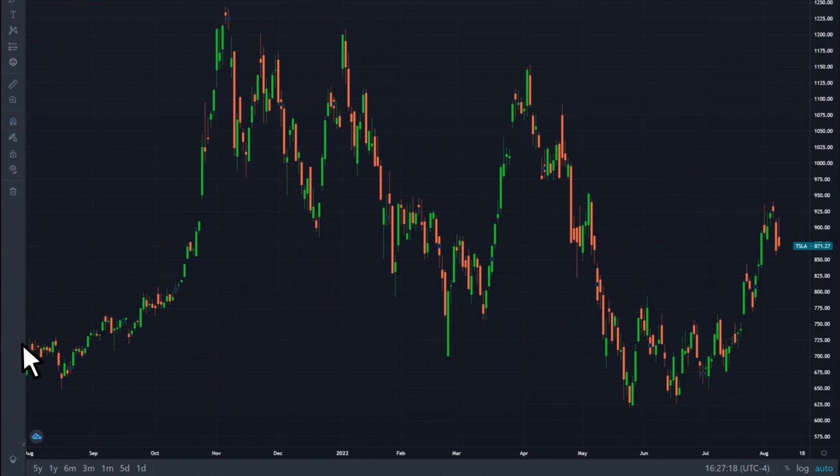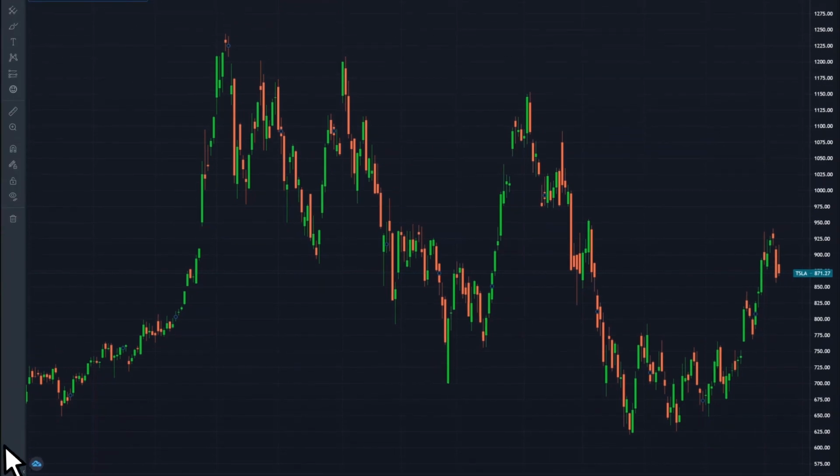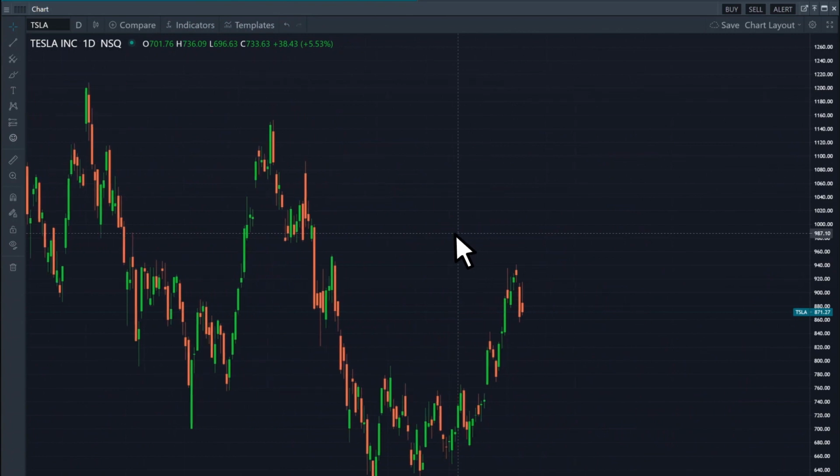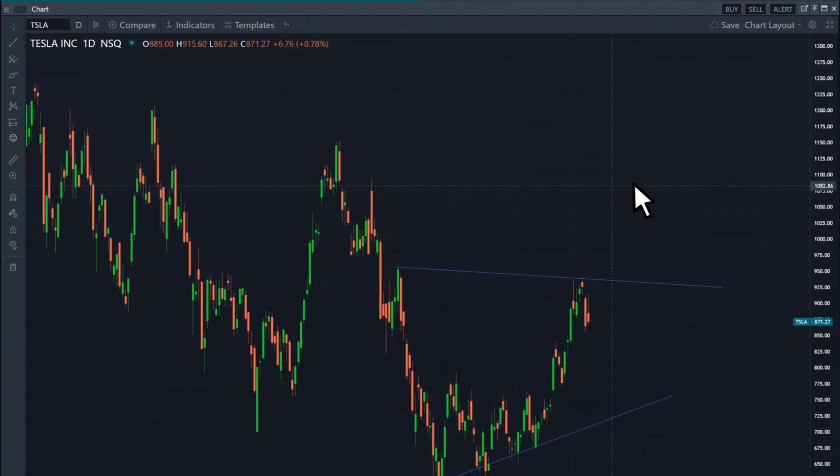To hide or reveal the Drawings toolbar, click the chevron located at the bottom left of the chart. Lastly, if you want to add more spaces to the right of your price chart, left-click a blank section of the chart, hold the mouse button down, and drag left. This allows you to further extend your lines and drawings beyond the current date and price point. Doing this can help you better forecast support and resistance prices in the future. If you don't want to use this feature, left-click a blank section of the chart, hold the mouse button down, and drag right.